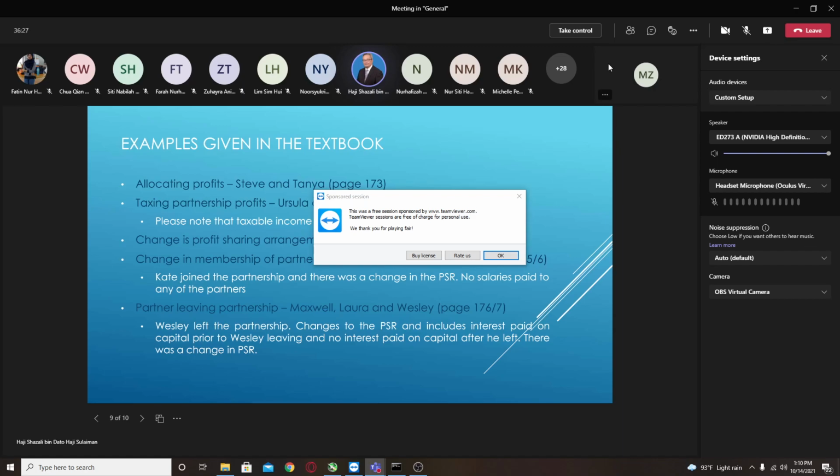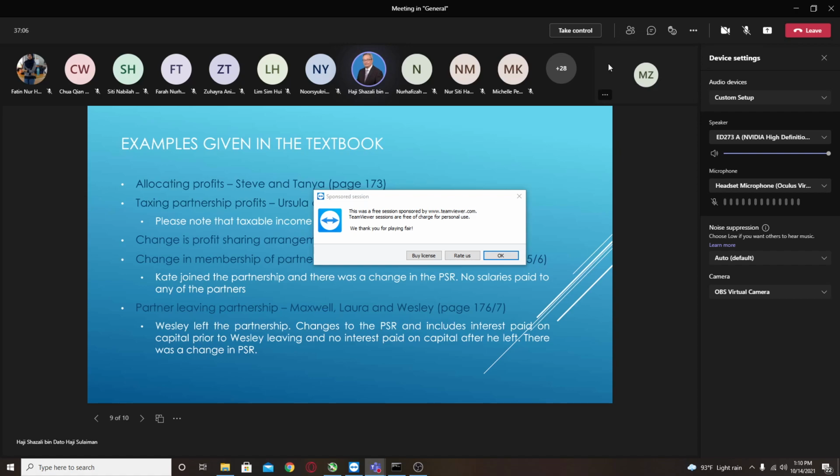So what you need to do is, in the 12-month period, for the first 8 months, the profit share was 1-to-1, and for the next 4 months, the profit share was 1-to-2. But in the first 8 months, they received salaries of 10,000 and 15,000. So when we look at the example, the first thing that you need to do is to split the profit to the relevant accounting period. Okay, so for the first part, before any change in the profit sharing arrangement,